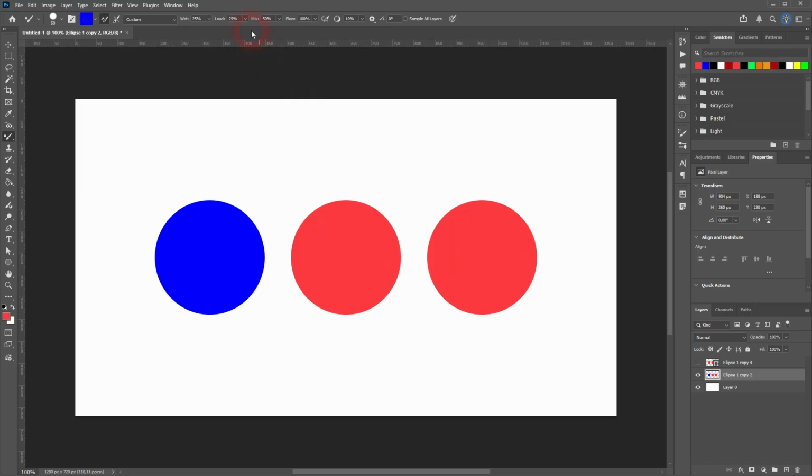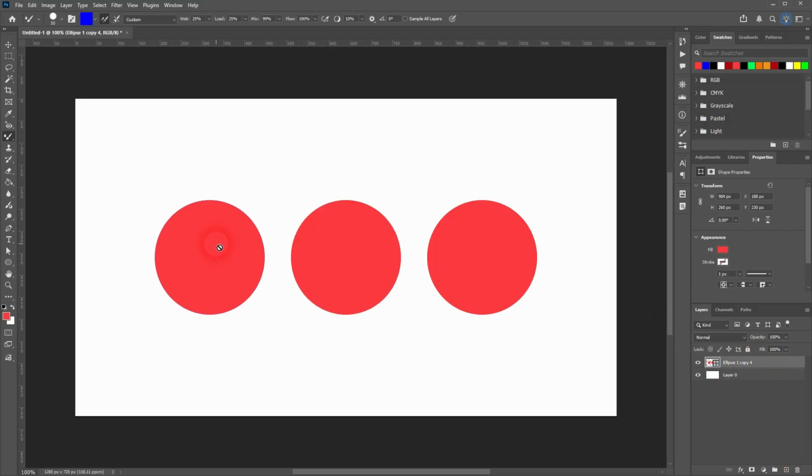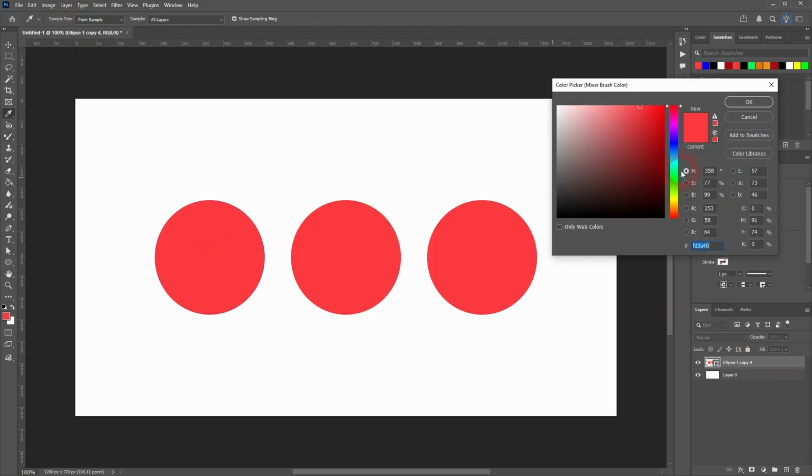If I set that to 50%, there's a good mix between the both, red and blue. Let me go to 75%, a lot of red this time, and 99% will give us mostly red and just a little bit of blue. Let me delete this layer. Now we have only red circles, and the same also works for colors that you don't sample from anywhere, but